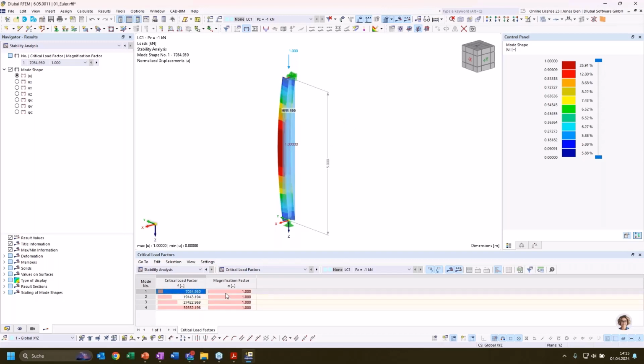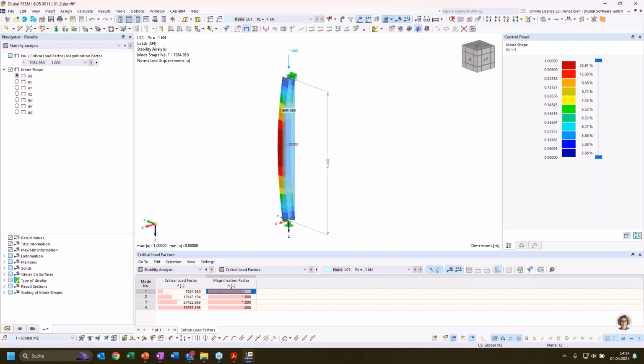Then we also have a magnification factor, which is also known in steel construction as the Dischinger factor. It can, in some cases, be utilized to calculate internal forces according to second order theory by just multiplying this magnification factor to the first order internal forces. That's not commonly used, but I just want to highlight that this is the magnification factor because it's denoted with